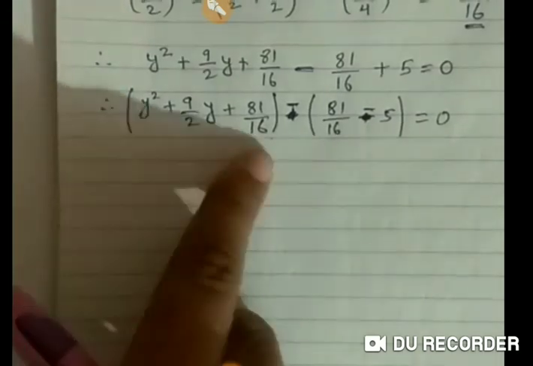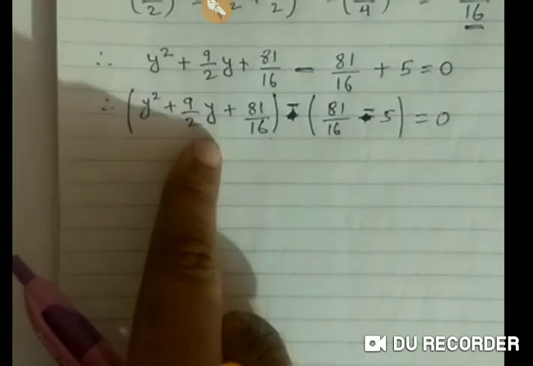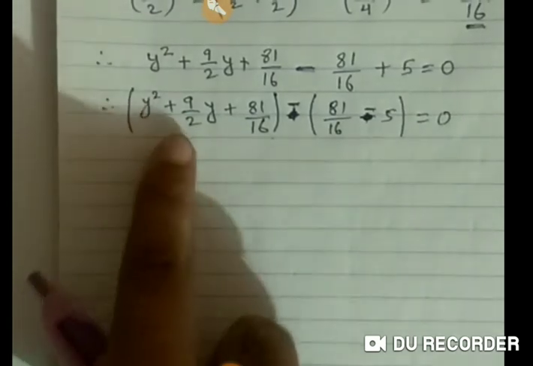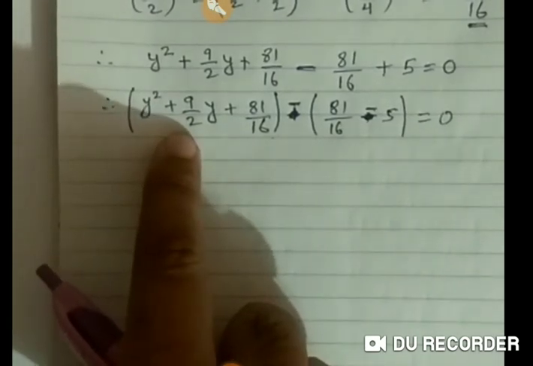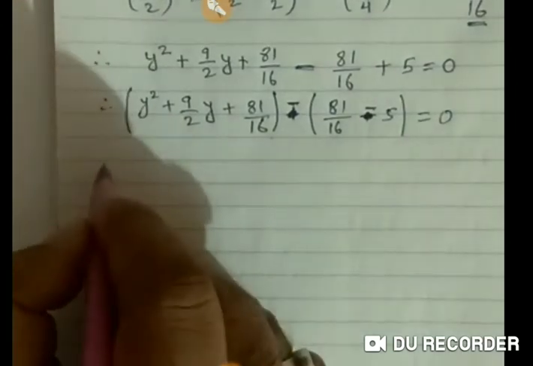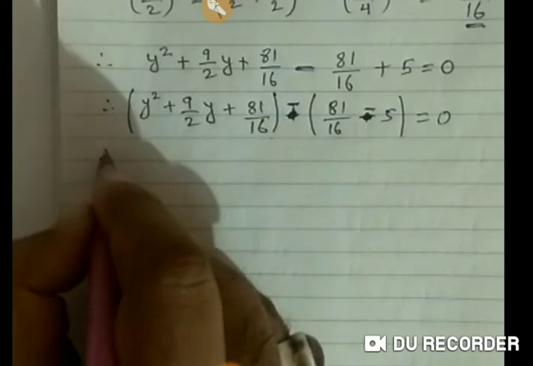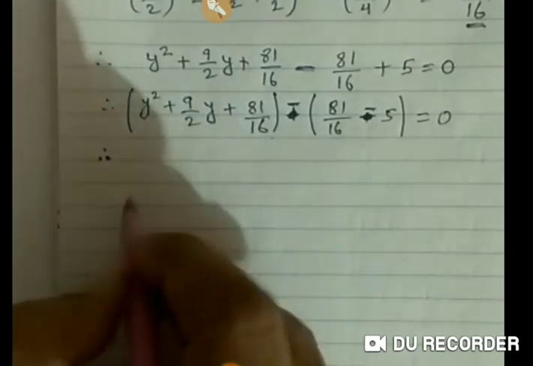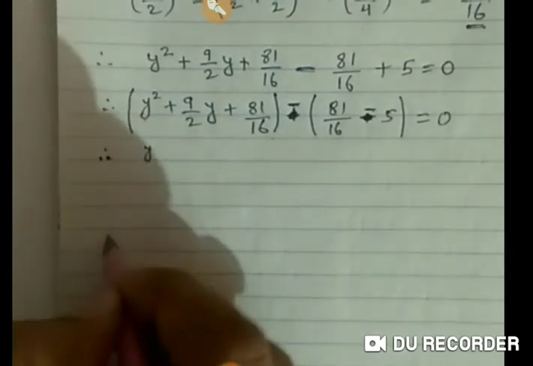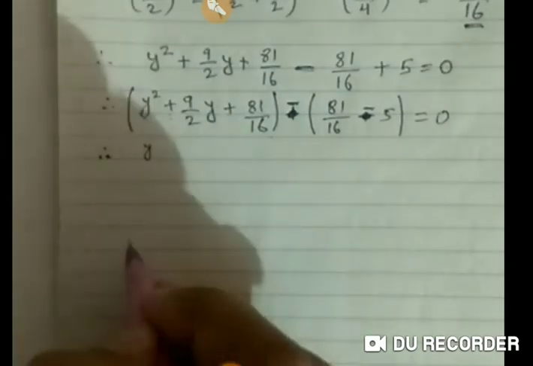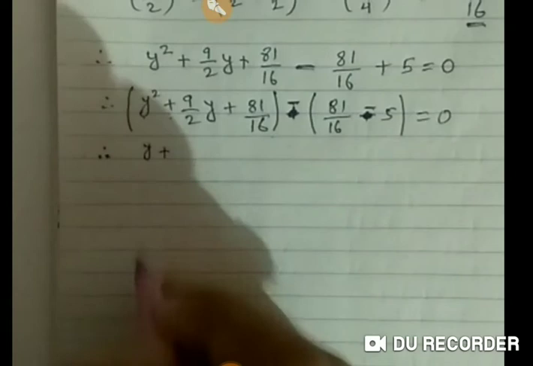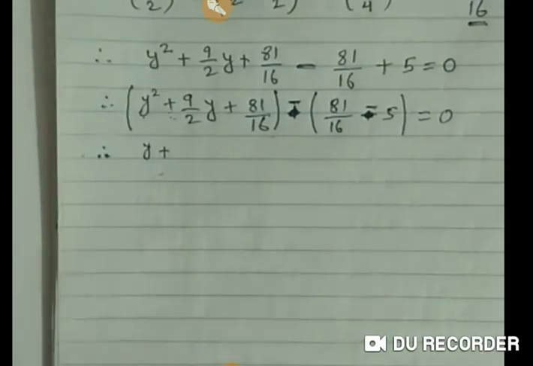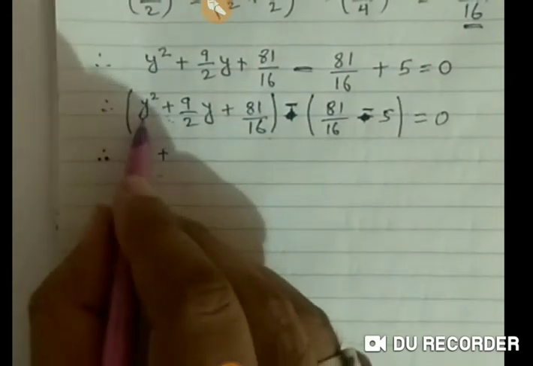Now, if you remember what we did with these three terms, we will convert them into a plus b whole square. In order to convert this into a plus b the whole square, I'll take the square root of the first term. My first term is y square, so the square root of y square is y. Since both the signs are positive in this bracket, I'll take plus sign. If both are negative, you will take minus sign. If any one of them is negative, you will take minus sign. So y square will become y.